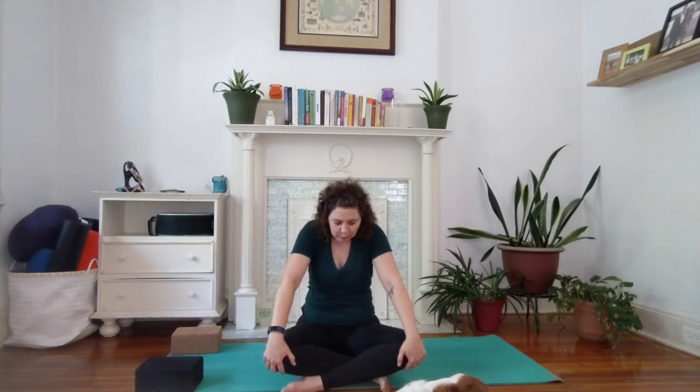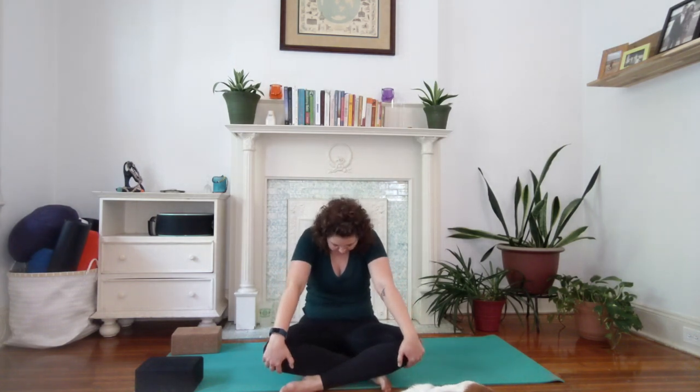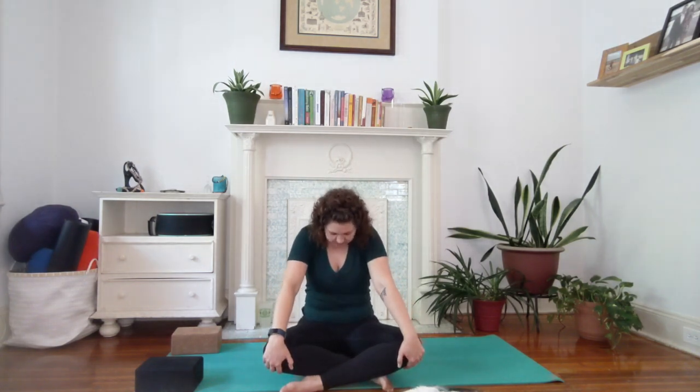On an inhale, lengthen through the torso as you reach your heart forward. Draw the shoulders away from the ears. And on an exhale, press into the palms, round, pulling the chin in toward the chest. Really exaggerate that movement, so the pelvis draws back on that exhale. Inhale, spill the heart and the pelvis forward, shoulders away from the ears. Continue this kind of seated cat-cow movement at your pace. Extension on the inhale,